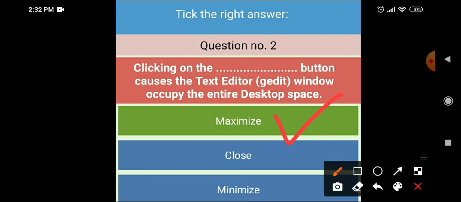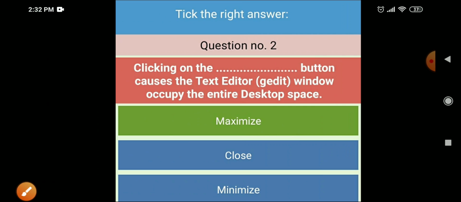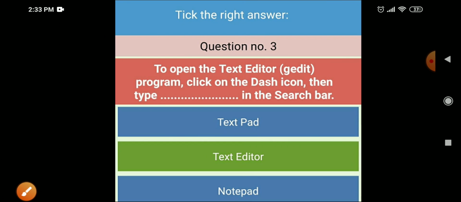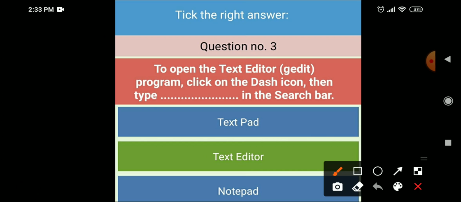Maximize. When we click on maximize, the gedit window occupies the entire desktop. Then question number 3: to open the text editor gedit program, click on the dash icon, then type text editor in the search box.